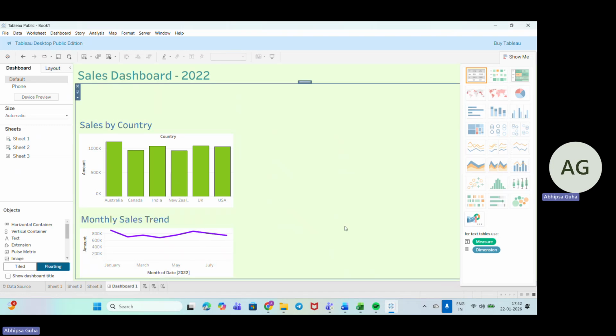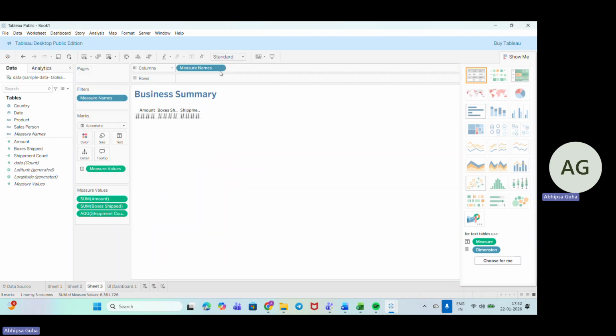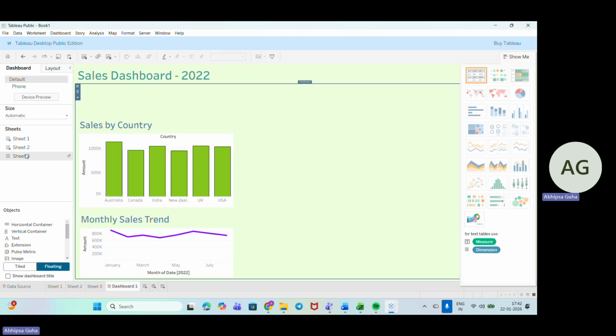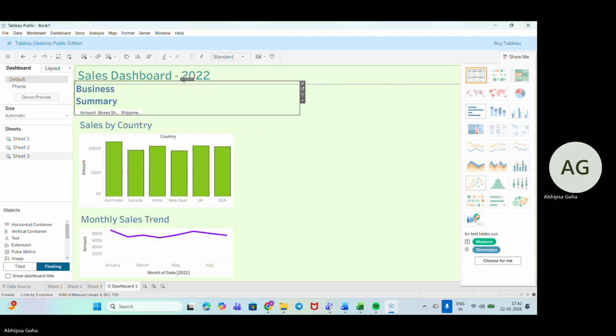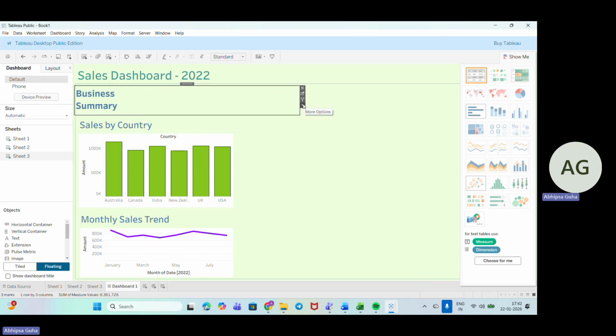Okay. So this is the sales by country. This is the monthly sales. And now we will be adding the business data up here. For that, we will go down here and drop this here like this.